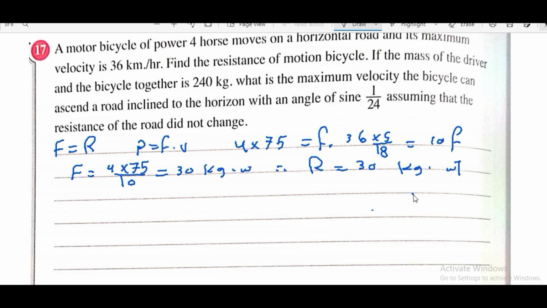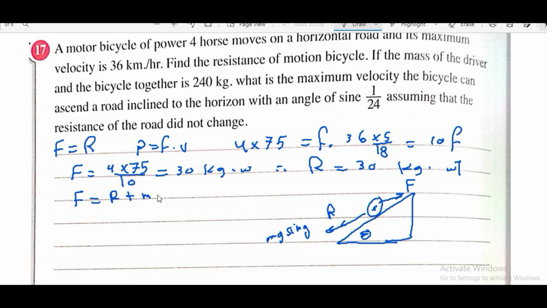If the bike ascends an inclined plane to the horizontal with angle theta and sin theta is 1 over 24, plus resistance R. The resistance of the road didn't change, so R here is 30, and you have F. So the equation of motion: F equals R plus mg sin theta. Therefore F equals R 30 plus mg